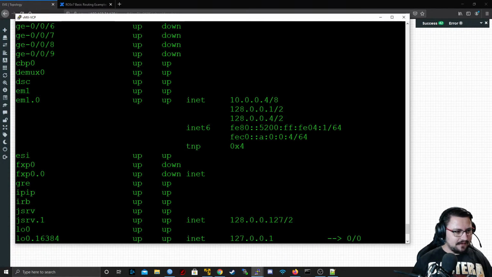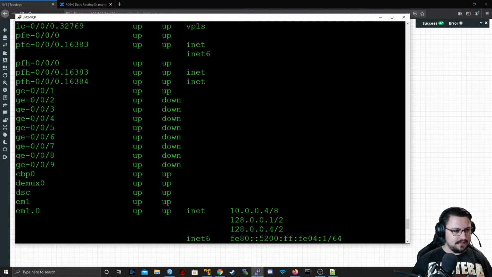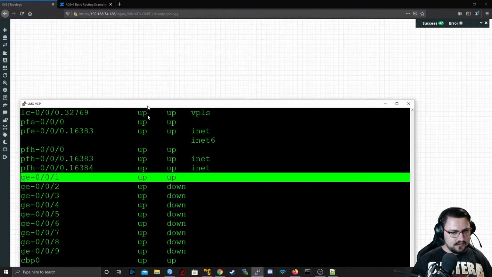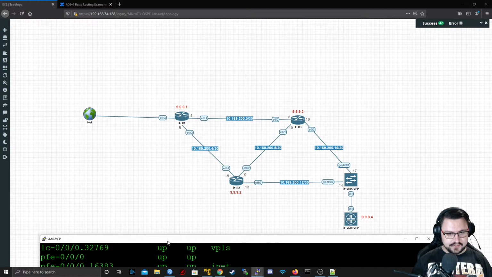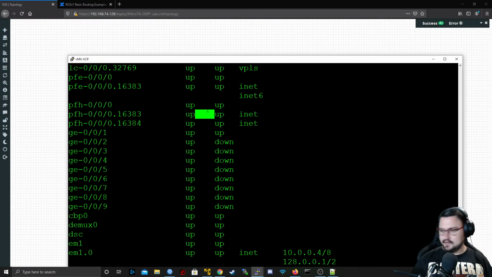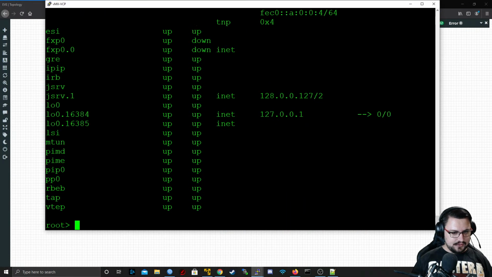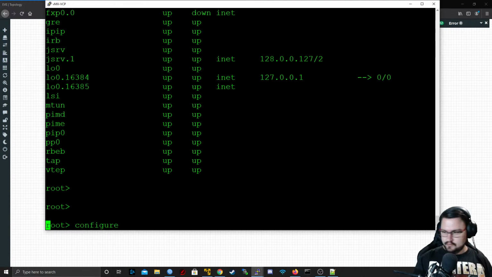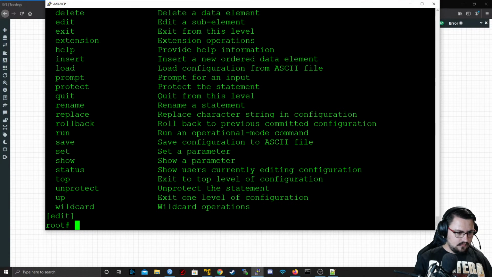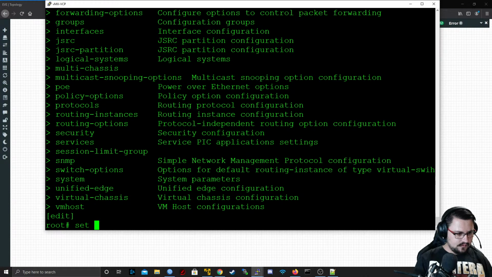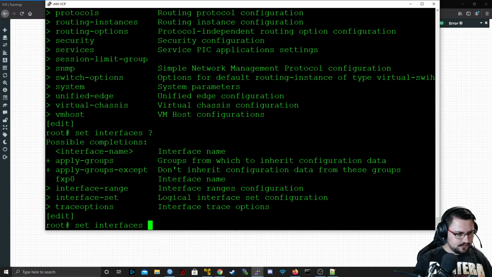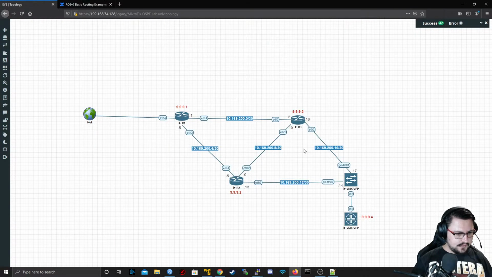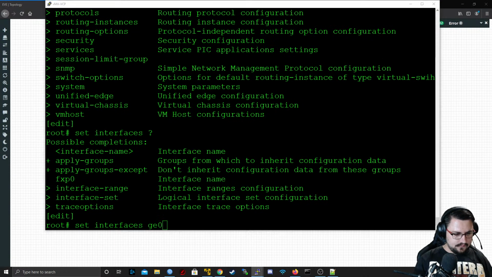And while you think about VTEP, I'm just quickly going to assign some IPs to these interfaces. Did I not connect 0? Oh no, 000 and 001. All right, that's fine. So what we should do is configure. And then we want to go into set interfaces. This should be GE 0,